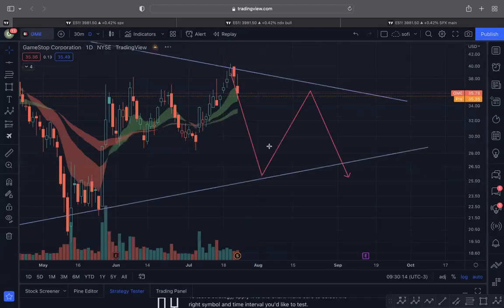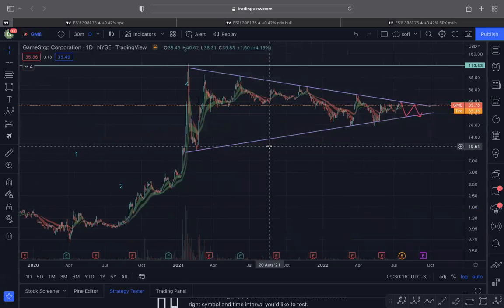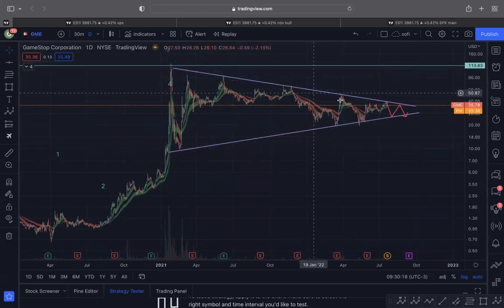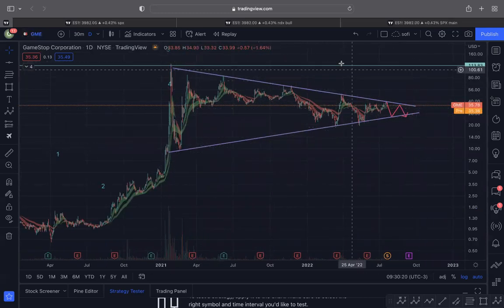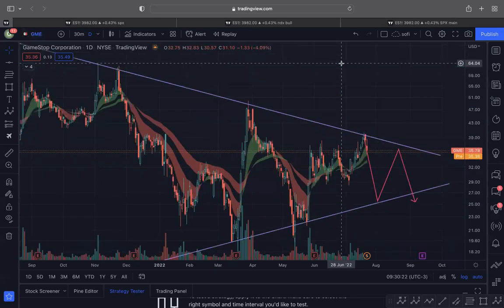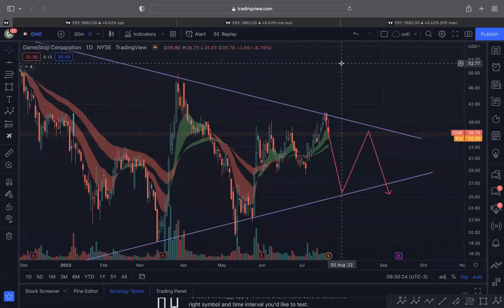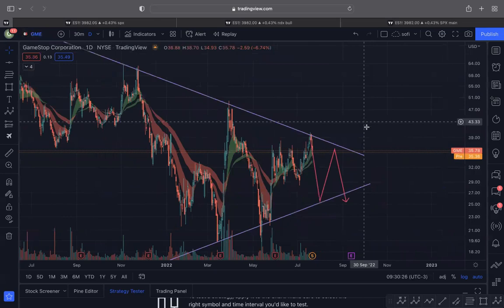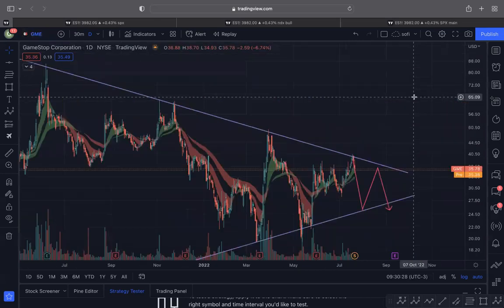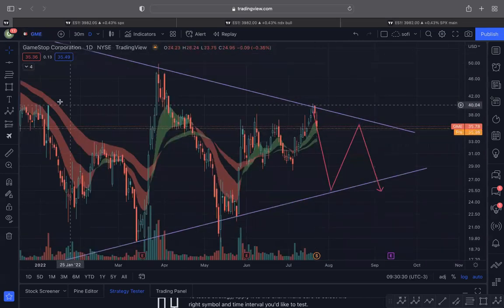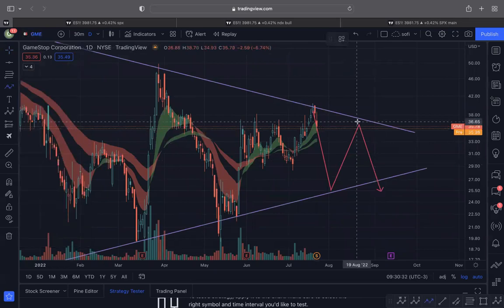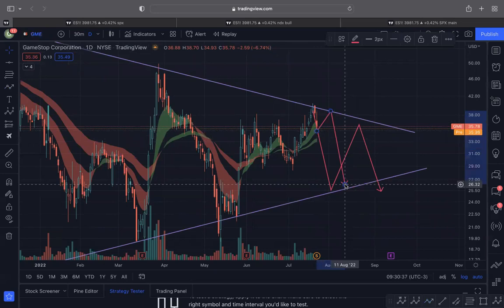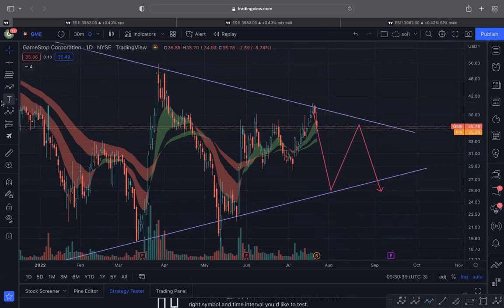The next one is actually GameStop. And the reason for that is, again, this is a channel down. This is a channel up. We already played this in the Discord a bunch of times, but it could still have a lot more room. So the levels are simple. As long as this trend line holds as resistance, another thing that's possible is we could retest this line before it comes down, unless obviously it breaks out. That's obviously the other scenario.